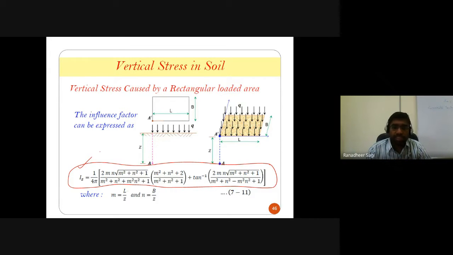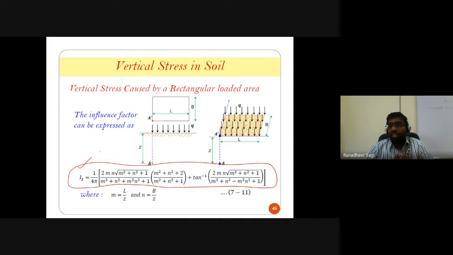into the expression. Now here also in this particular case, the expression we had, based on which you are going to be calculating your vertical stress, gives you the stress at any particular depth with respect to one of the corners of your rectangular loaded region. It is with respect to any of the corners of that rectangular loaded region. Then only the expression we had, which we have talked about earlier, is valid.